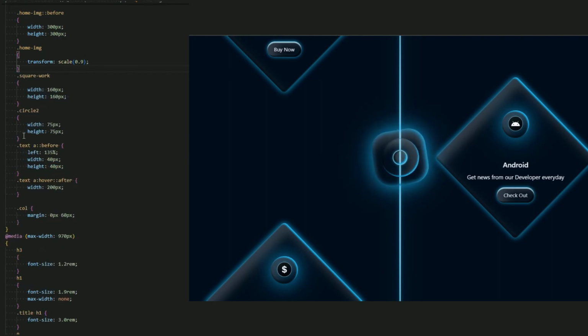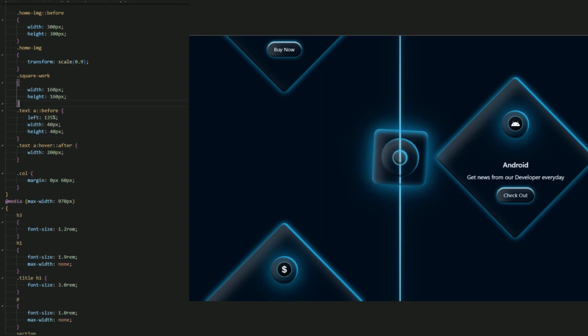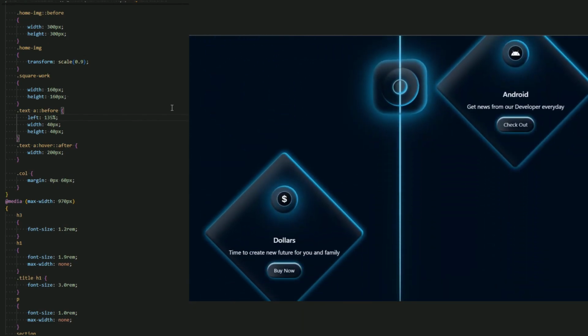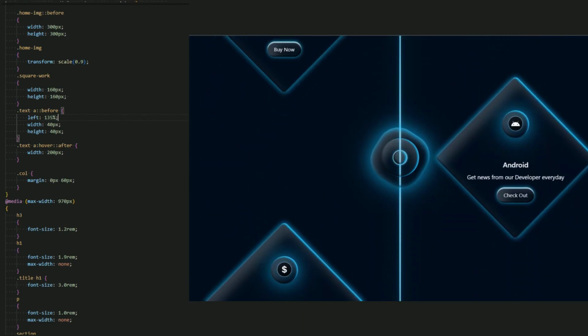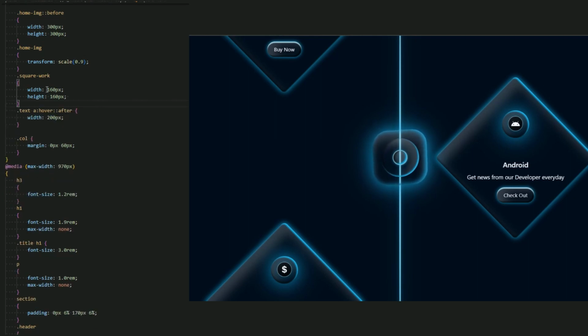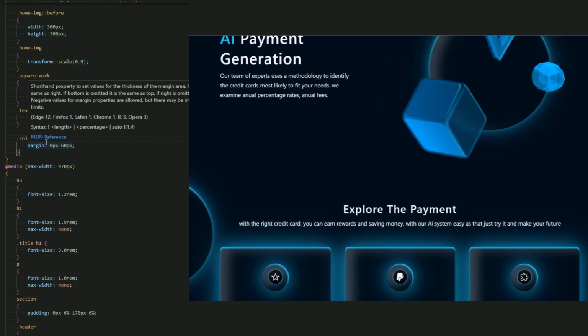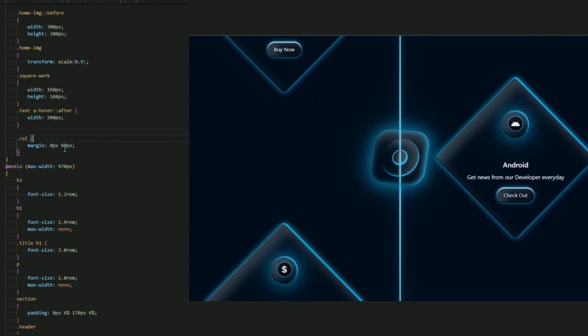Let me just delete it and delete this. Okay, text A before. Do we have a text A before? I don't remember text A before. No, we don't have a text A before. We have a text A after, yes, the line, yes, we just resize it. And for this space that we add a custom margin, if you remember, for the left and the right, reduce a little from this left and right to be 60 pixel.